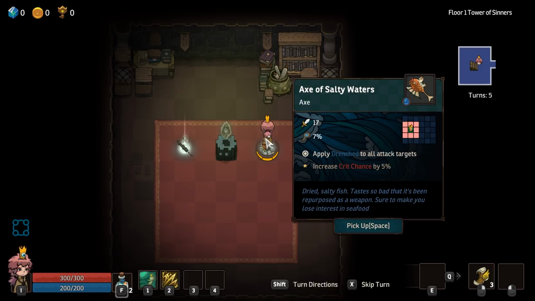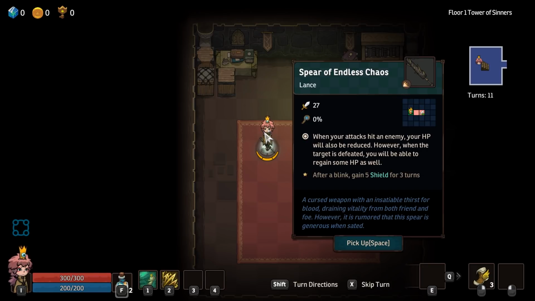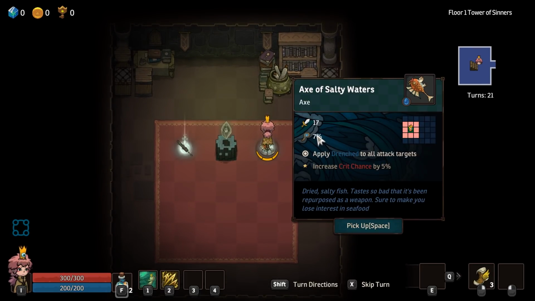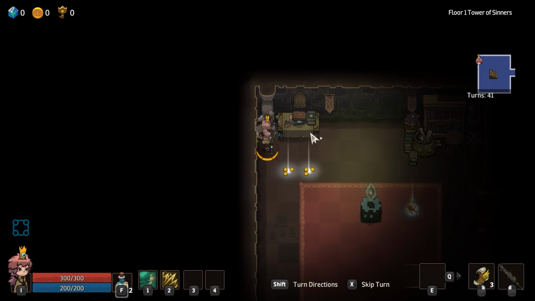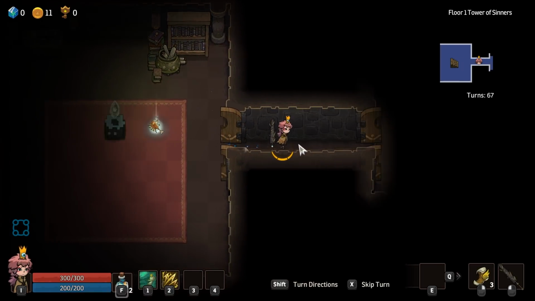Okay, so do we want the Axe of Salty Waters, apply drenched to all attack targets? Or Spear of Endless Chaos. When you attack an enemy, your HP will also be reduced. However, when the target is defeated, you'll be able to regain some HP as well. After blinking, 5 shield for 3 turns. I never like things that deplete your health, but Drenched... I suppose that would apply the defense debuff. Yeah, but it doesn't have range. It hits an AoE, though. Yeah, and the problem, too, is then you won't be able to use the Fire Blast. At the same time, you haven't equipped your fire wielding. Yeah, we don't have the fire guy. We got the Swashclucker. So...